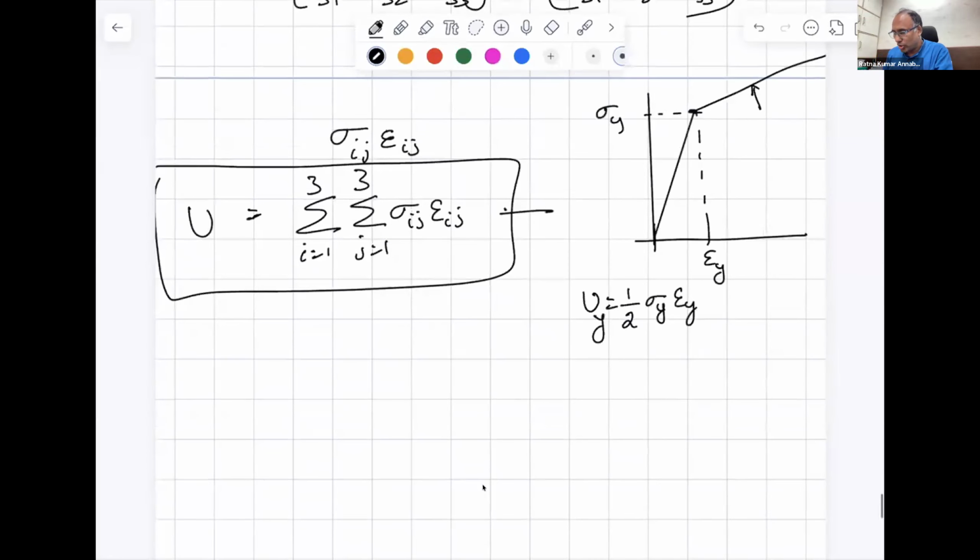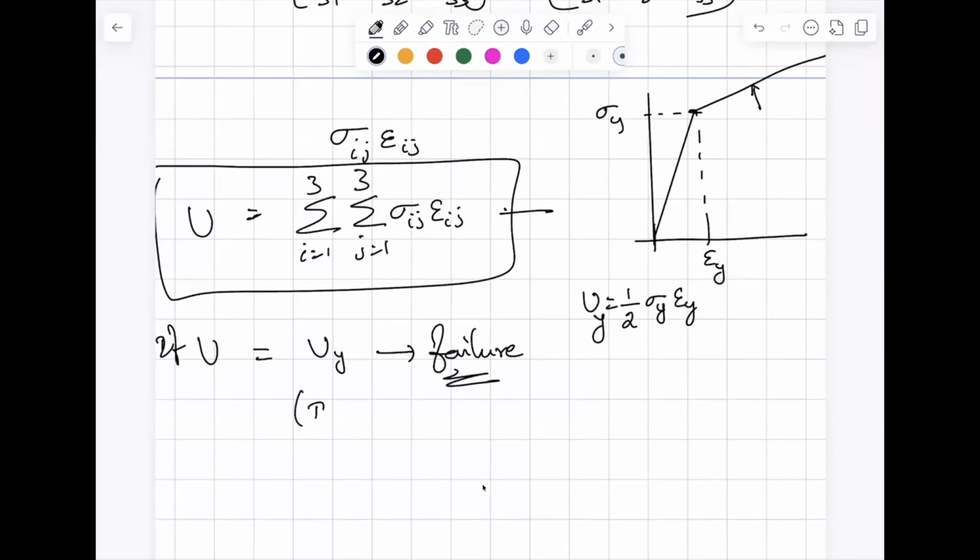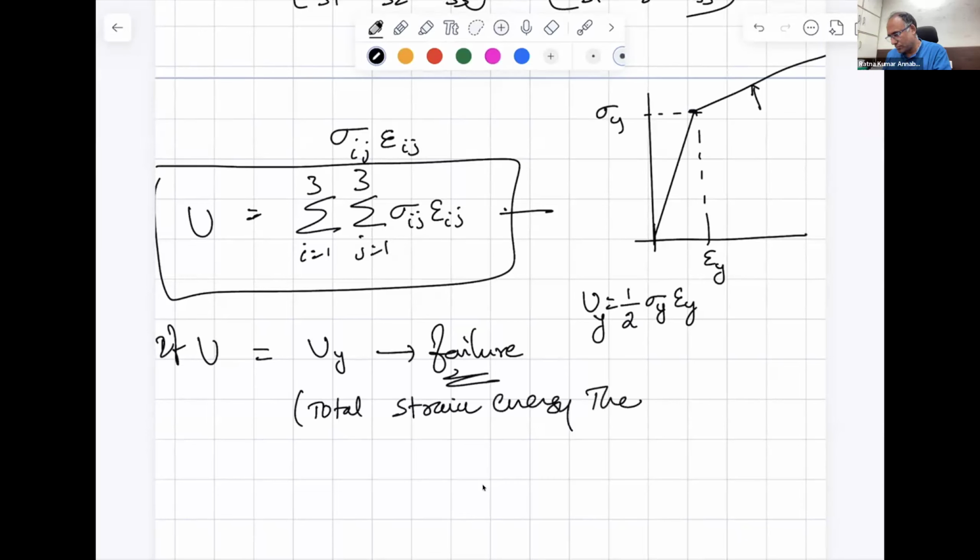Then the total strain energy theory tells you if U becomes equal to Uy, that is when failure happens. Is that clear? This is what we call total strain energy theory,